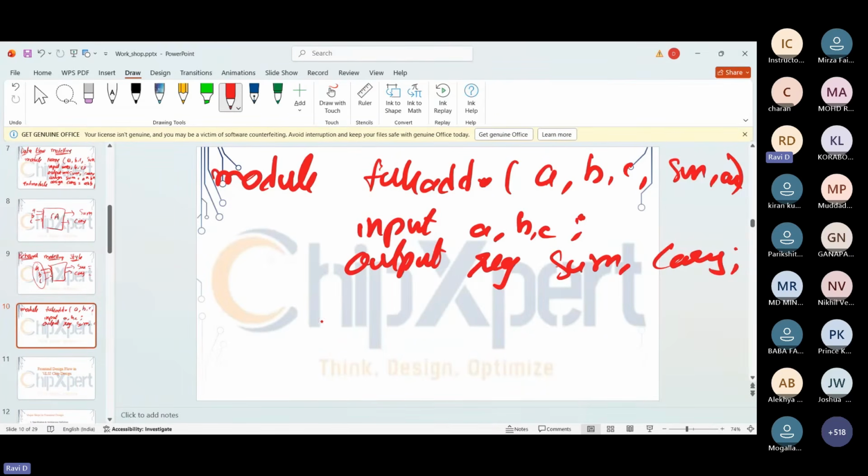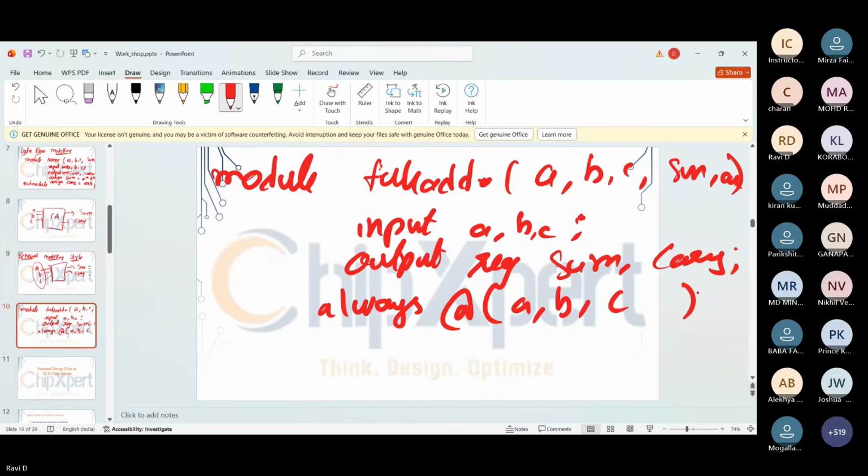For that, I'm going to use procedural blocks. If I use an always block, we call it a procedural block. When we use an assign statement, we call it a dataflow continuous assignment statement. So, always at the rate, I'm going to design a block with this always. The block should be triggered, which means whatever content I write inside this block should be checked whenever a change happens in my inputs.